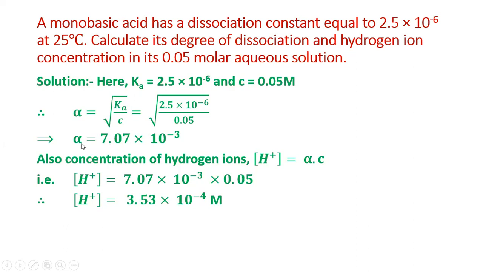Now once you know alpha, you can substitute it into the equation for the concentration of H plus ions. The equation for the concentration of H plus ions is the same as the equation for H3O plus ion concentration that we derived earlier. So the concentration of H plus is equal to the concentration of H3O plus, which is equal to alpha C. Alpha we have just calculated, and C is given. Multiplying both, you will get the concentration of H plus or H3O plus ions at equilibrium. Such simple numericals can be asked.